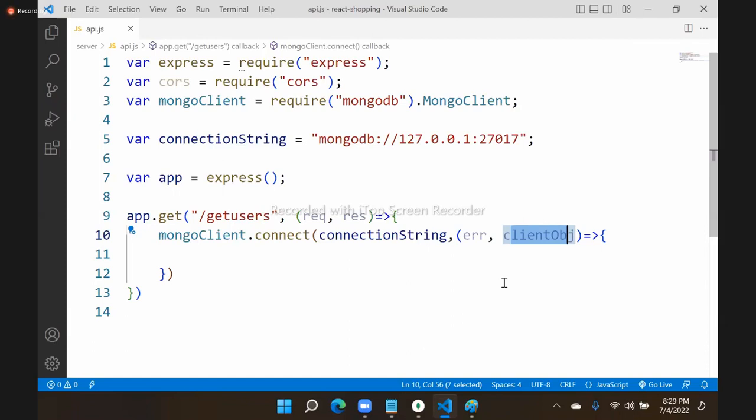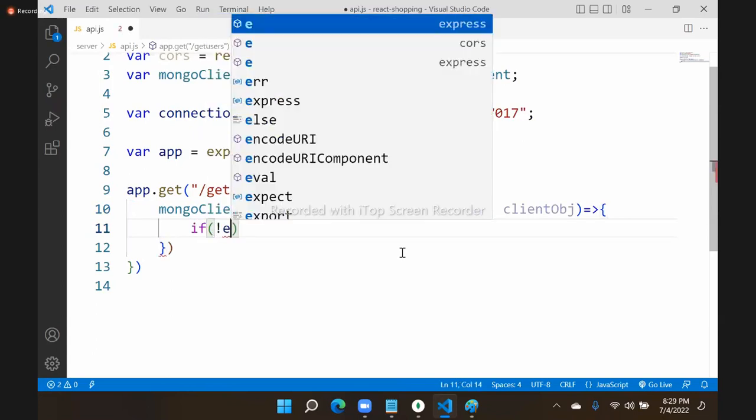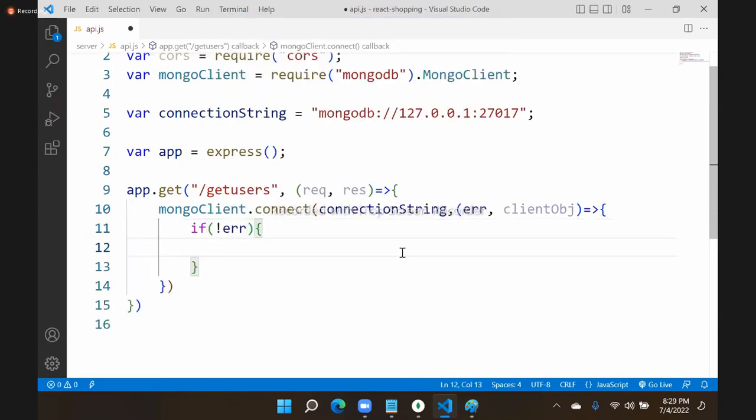After connecting with the MongoDB server, in order to access any database, we need this client object. So here we will write: if there is no error,